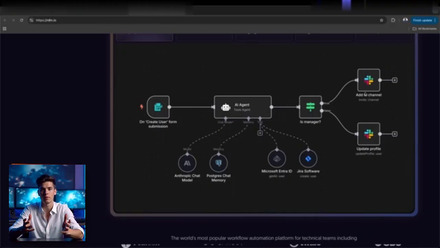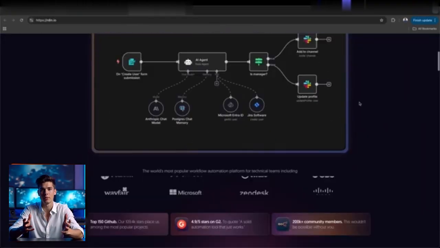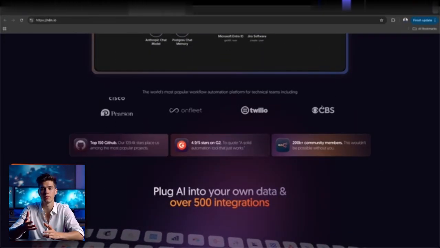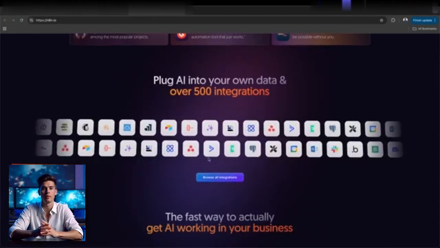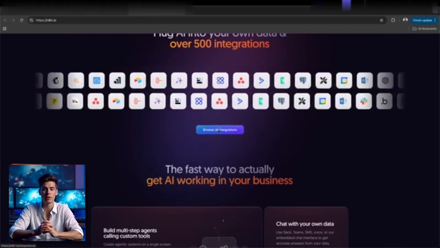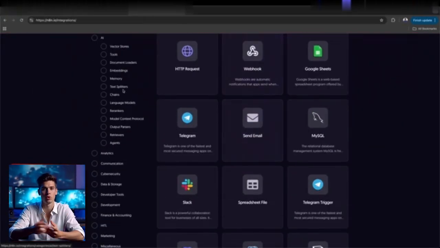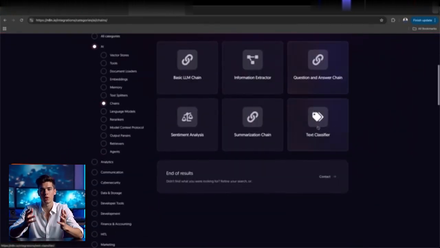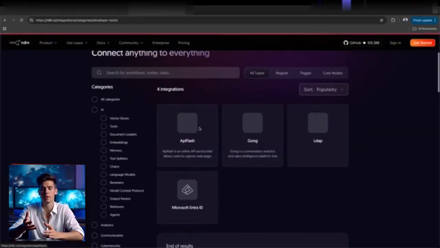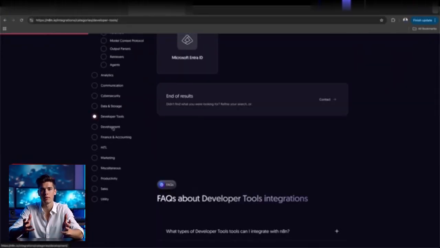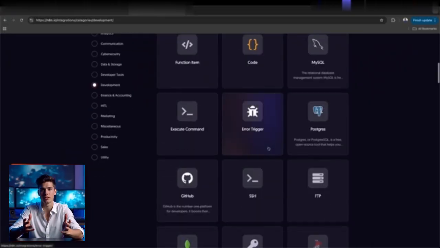As many integrations as I've needed are already here. Browse around. What's included? Chains, yep. Basic LLM chains, chat, Q&A chain, text classifier, summarize chain, sentiment analysis, everything. In developer tools, you'll see things like app, Flash, Gong, probably not what you'll use. In development, HTTP request, function, command, GitHub, MongoDB, memory, GraphQL, all the stuff you'd expect. And then Google Sheets. Under marketing or productivity, you've got Notion, Jira, Trello, Calendly, Google Sheets triggers, scroll, and you'll